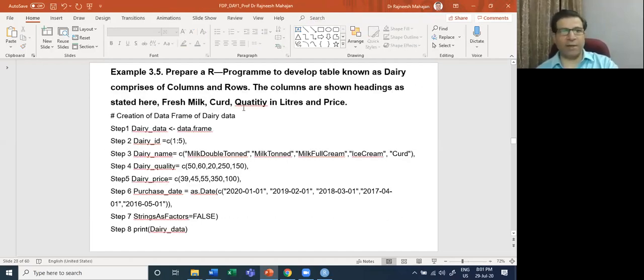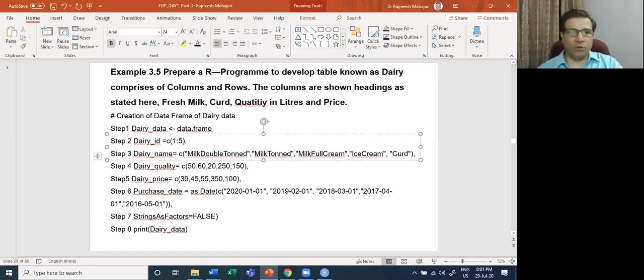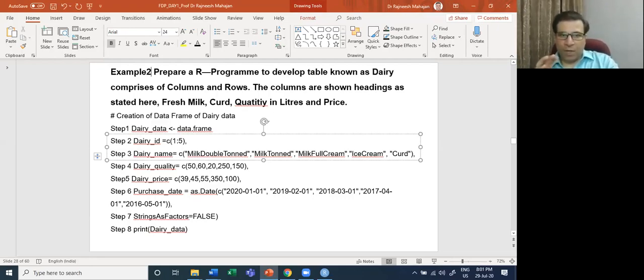Let's go to the example of a data frame. Here is example number 2, where we prepare an R code using a table known as dairy, which comprises columns and rows.